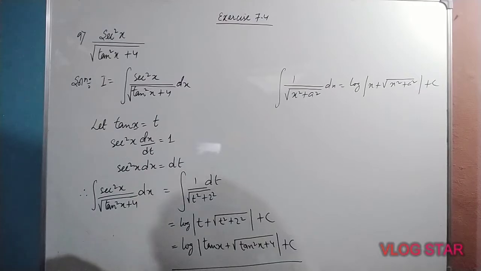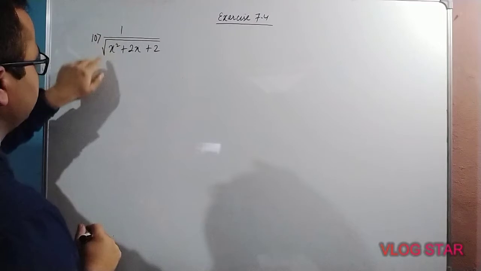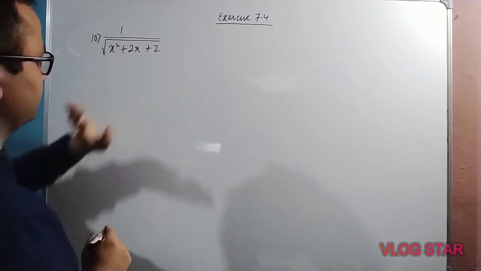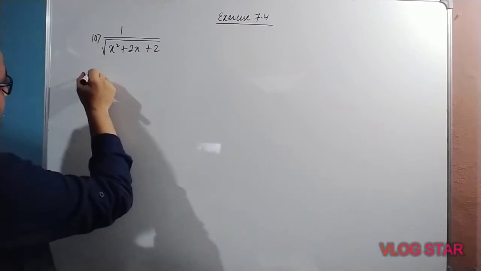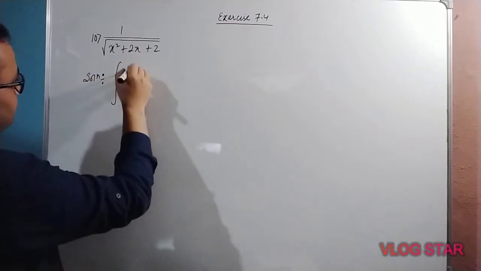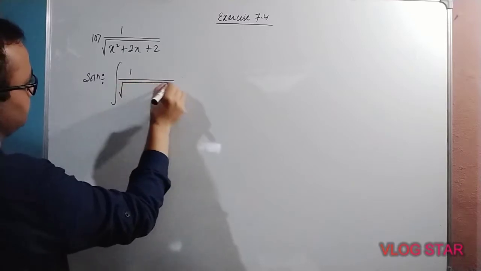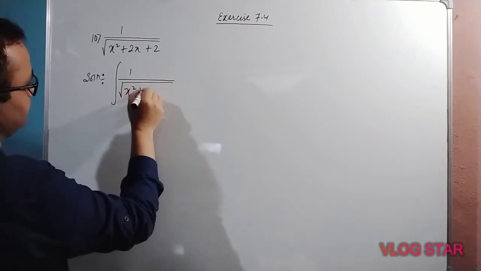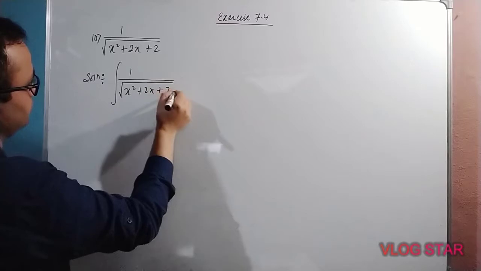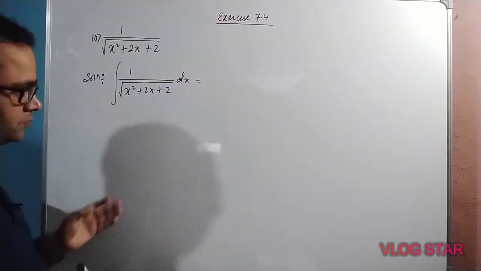Now next, question number 10. Question number 10 is 1 by root under x square plus 2x plus 2. So first we will write in integration form: integration of 1 by root under x square plus 2x plus 2 dx. Now first